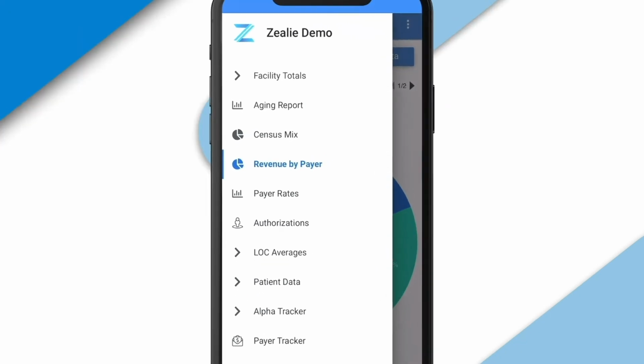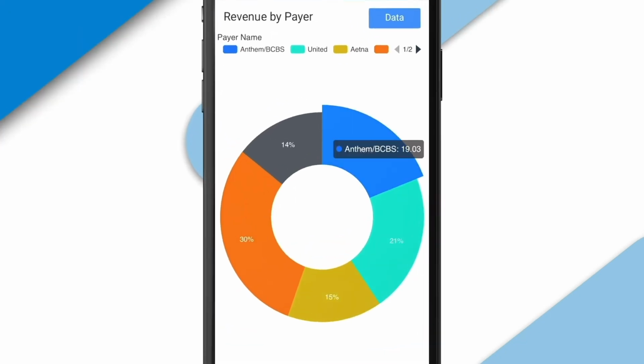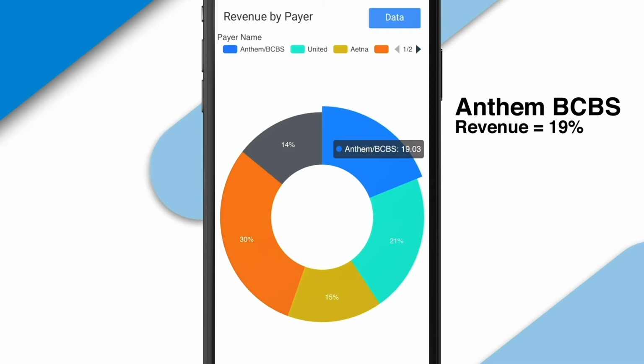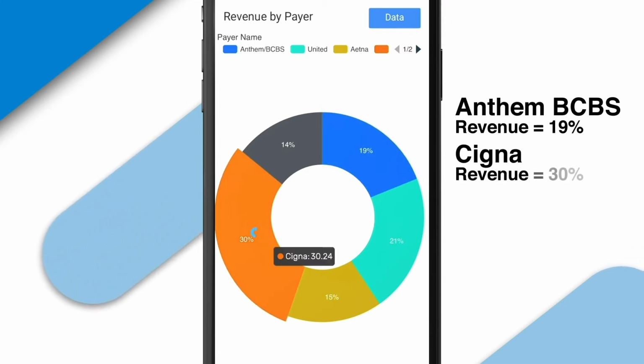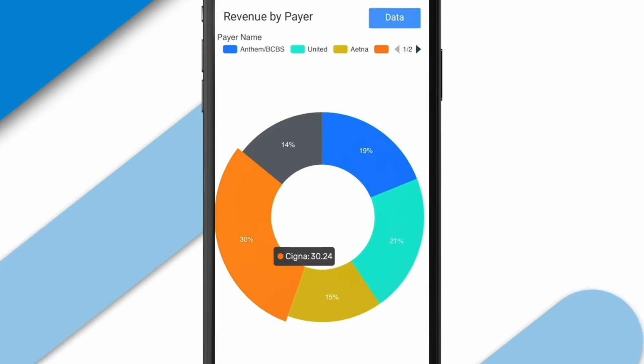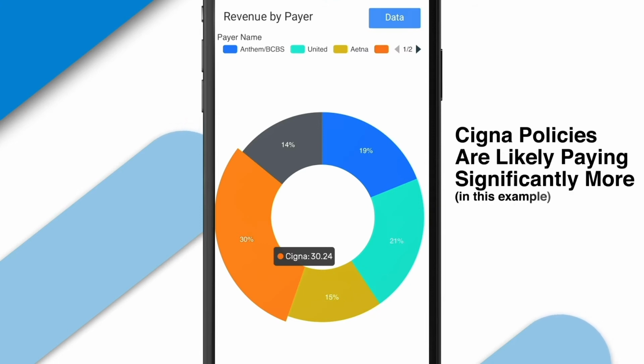Revenue by Payer lets you see how much of your revenue is actually being generated from insurance payments for each payer. In this example, we can see that Anthem Blue Cross Blue Shield makes up approximately 19% of this facility's revenue, while Cigna makes up approximately 30%. As we saw earlier, Anthem Blue Cross Blue Shield made up 36% of this facility's census, while Cigna only made up 17%, meaning that Cigna policies are likely paying significantly more for the same services than Anthem Blue Cross Blue